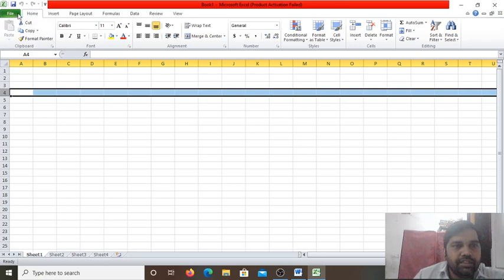so these are the tabs: file tab, home tab, insert tab, page layout tab, formulas, data tab, review tab and view tab. See how many tabs are there? 3, 4, 5, 6, 7, 8 tabs are there, and this is the ribbon, and this ribbon is a group of buttons. So you see in the file tab, this is the home tab. These are all the tools, all the buttons available in the home tab.